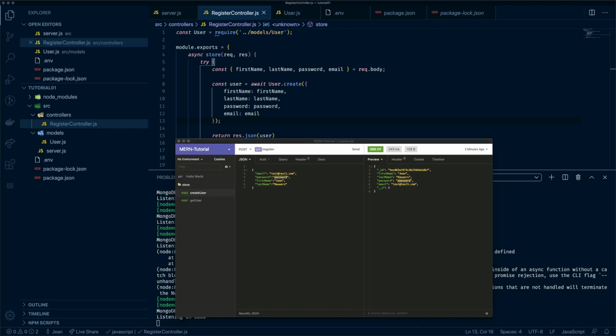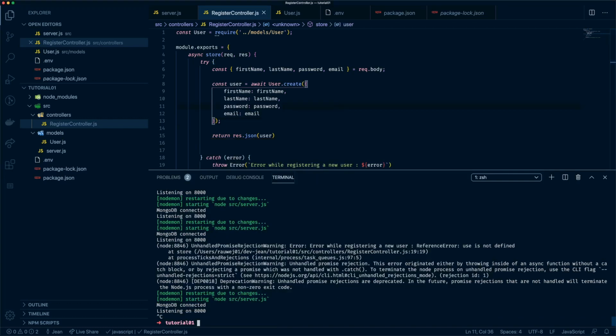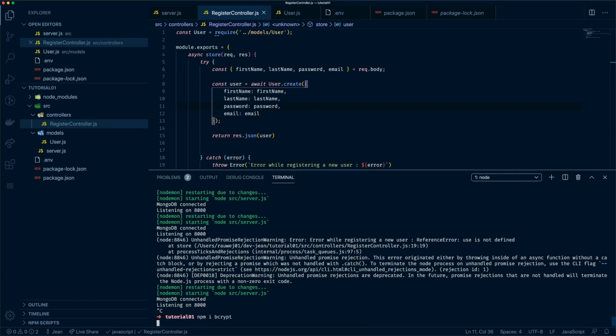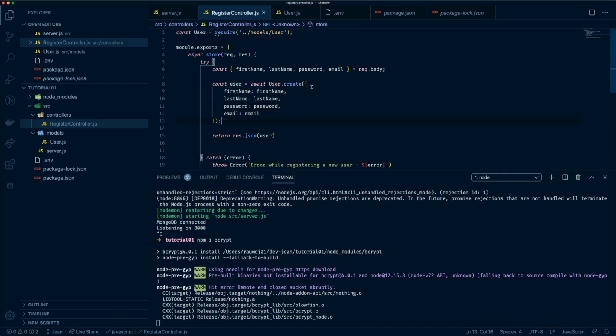And there's a library that I like to use that is called bcrypt. So we're going to install this library right now. So I'm going to stop the server. I will be doing npm install bcrypt. This library is super easy to use. It's super easy. You guys are going to see what I mean by that. So now when I'm creating a new user,